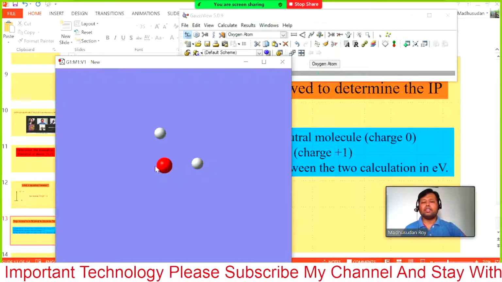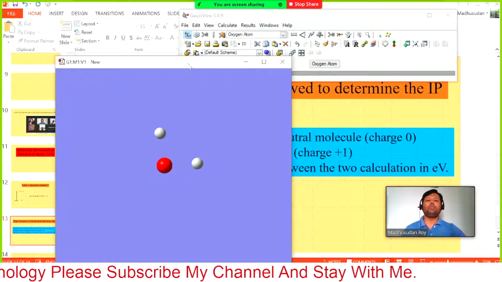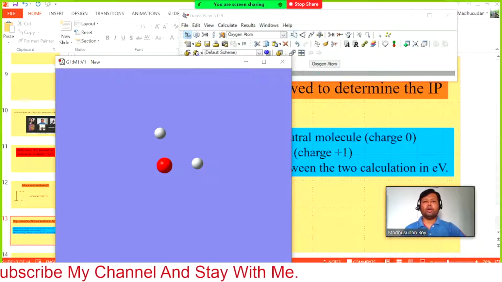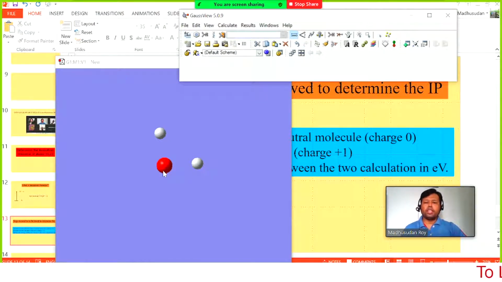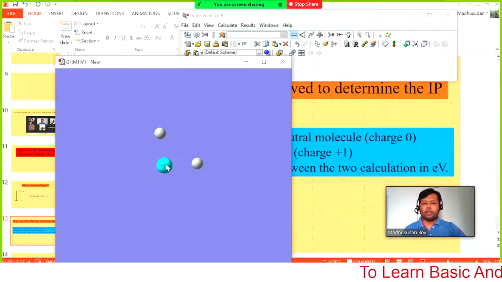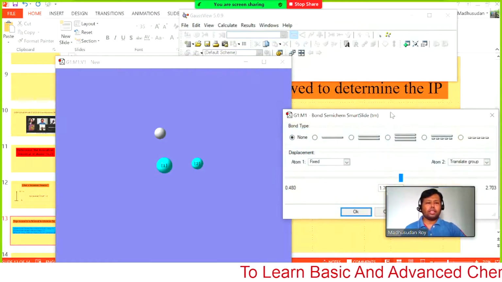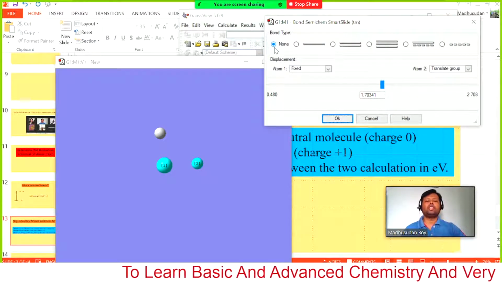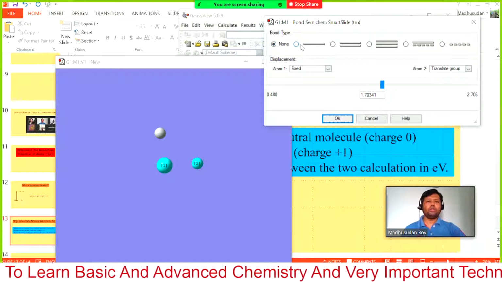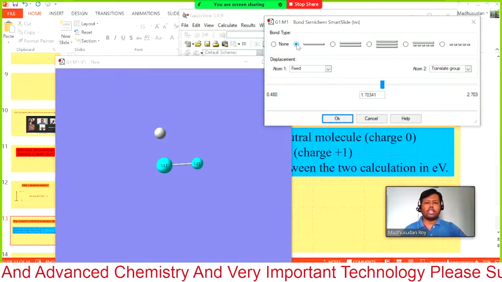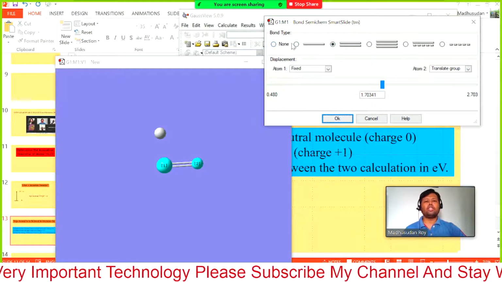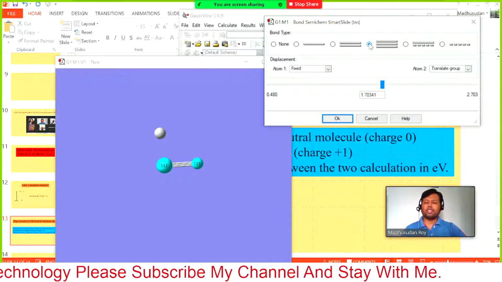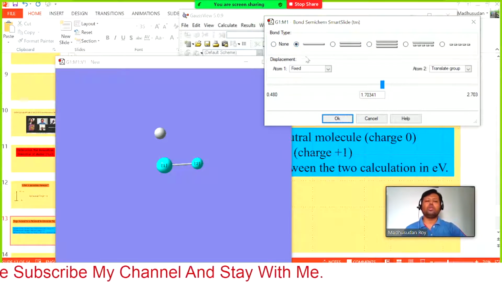So here is our molecule. First we will put some bonds. What type of bond? Let's go here. This is our bond, so click here, modify bond. If we consider this atom number one, and this number two. Right now there is no bond, that means it is not selected, it shows none. Now if you click here, it will show a single bond. If you click again, it will show a double bond, and then a triple bond, but we need only a single bond.